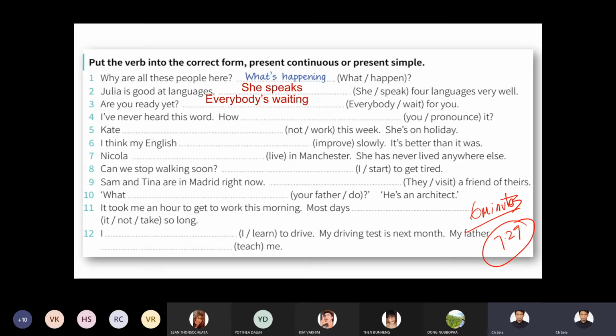All right, now time is up, so let's check the answer together. Today, I hope you all try to participate in the class actively, meaning to say that please be active in answering the questions. Don't be quiet. All right, if you really want to study. Okay, so number 4, I've never heard this word, so I just call you. So please read the whole sentence with the answer. So I will start with Dara, number 4, please.